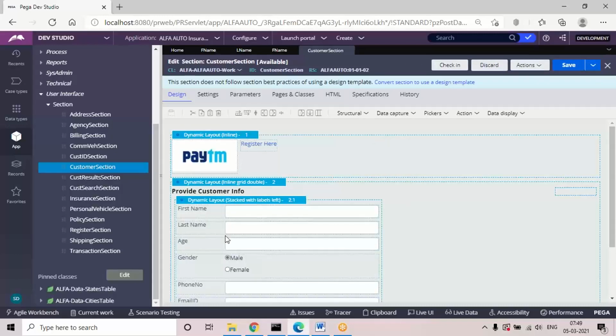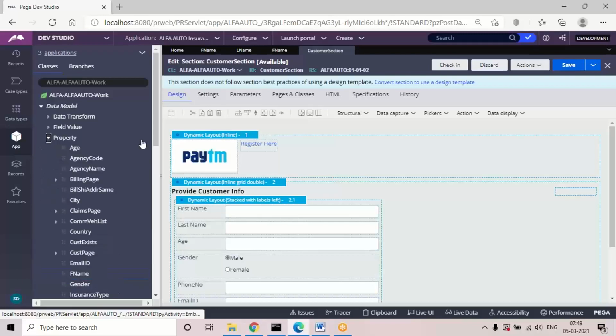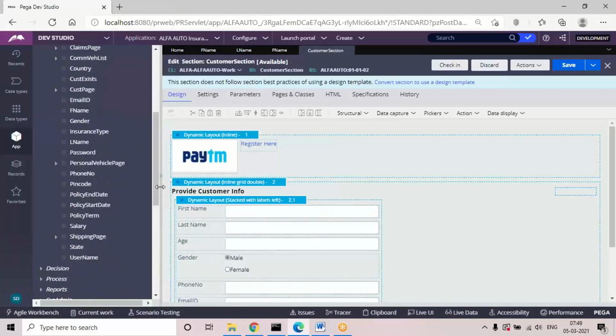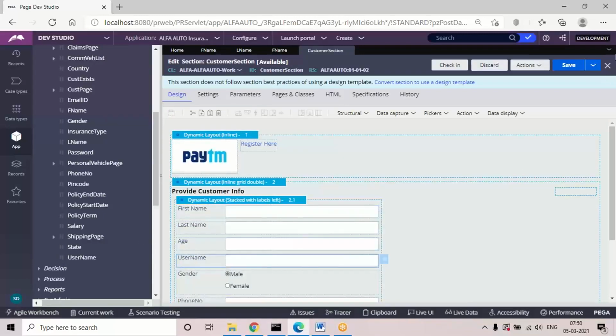In the personal rule set, I'm going to try to add a property which was not there earlier. So I'm adding a property called username. Okay, I'm saving, but I'm not going to check in these changes.